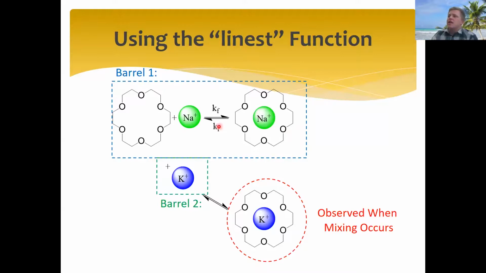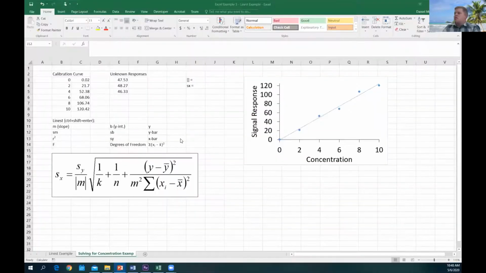So these are at equilibrium. So not all of the 18 crown 6 forms this complex. Some of it is still free. And if these two channels mix, then some of that 18 crown 6 will bond with this potassium and form this complex. So we can measure how much mixing we're getting by looking at the relative ratios of these two species. So let's jump over to our spreadsheet really fast, and I can show you how to calculate all